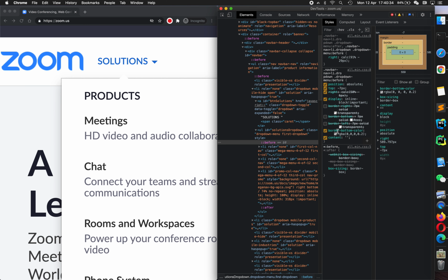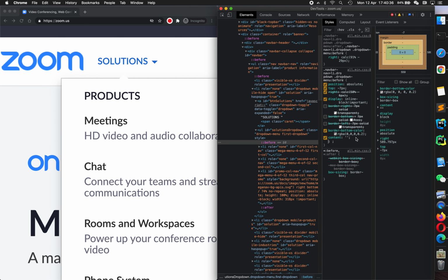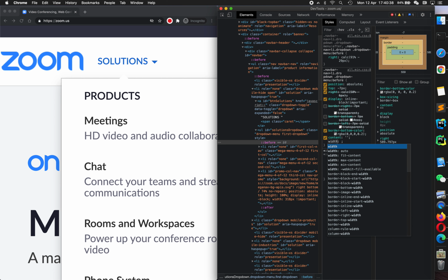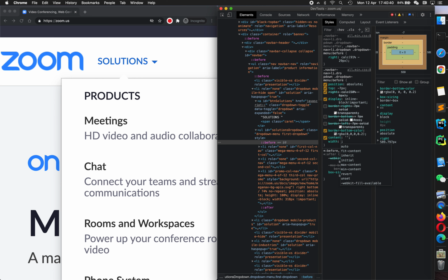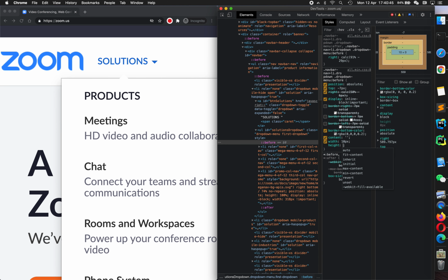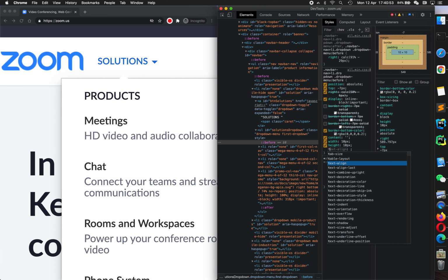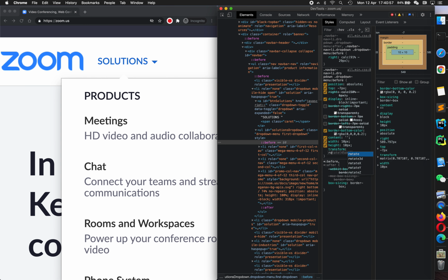Let's toggle off these borders here and set width 10px, height 10px, and then transform rotate 45 degrees,